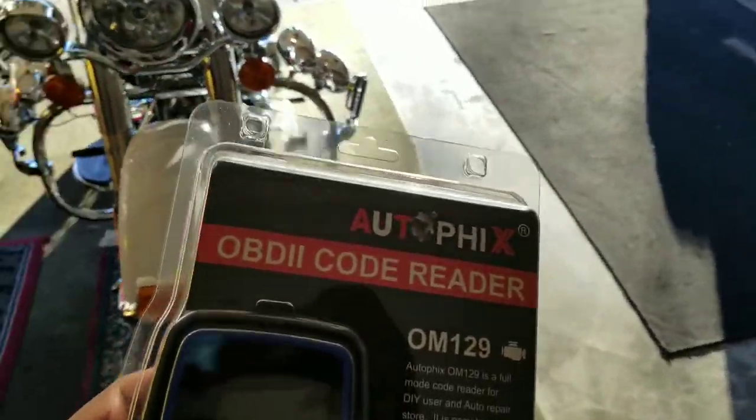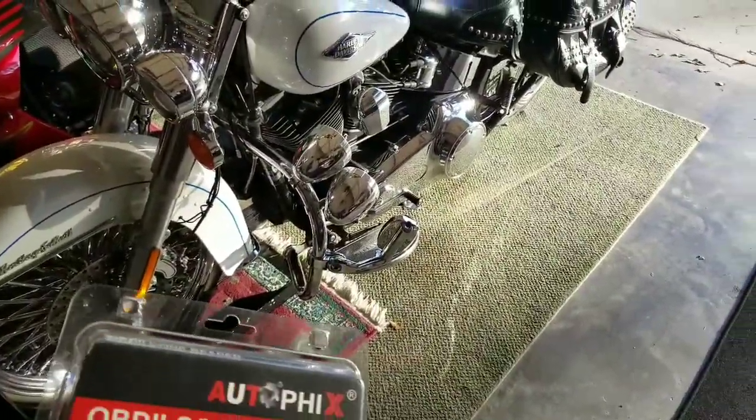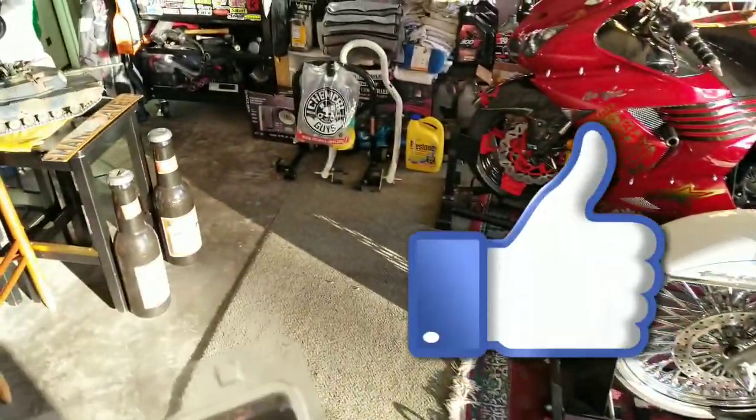Matter of fact, I'll tell you what, we're going to test this on my truck. How about that? All right, anyway, let me get back to focus. Anyway, okay, so